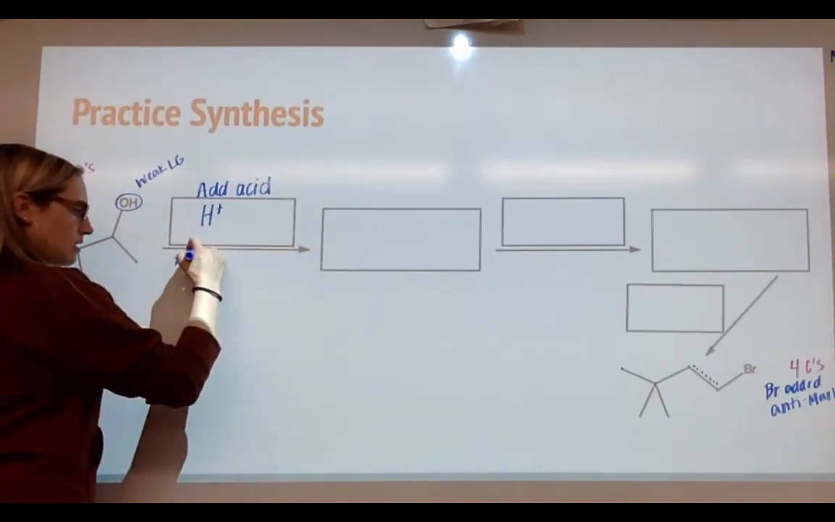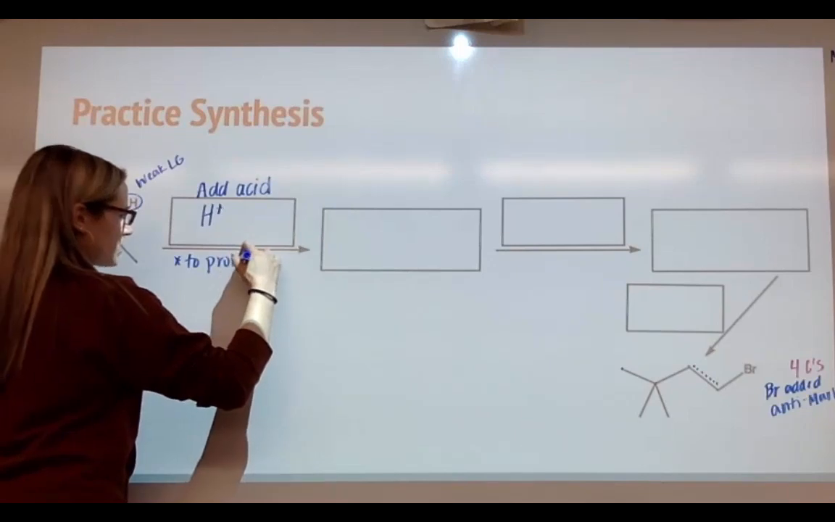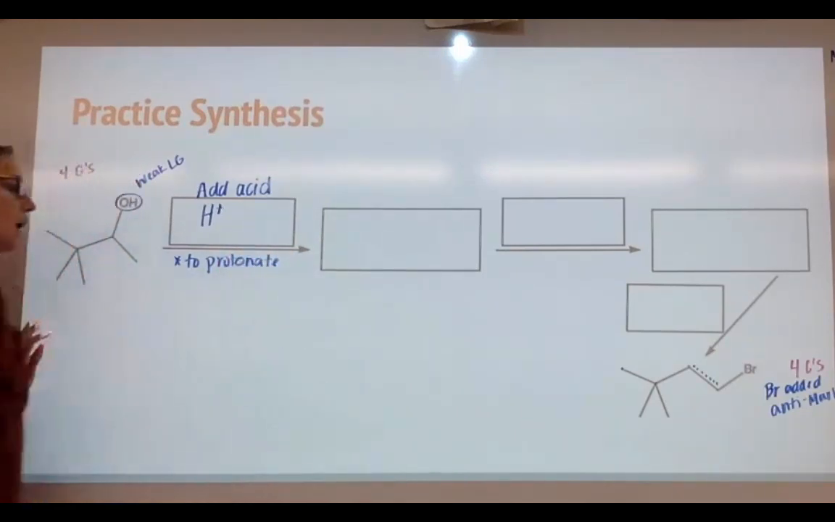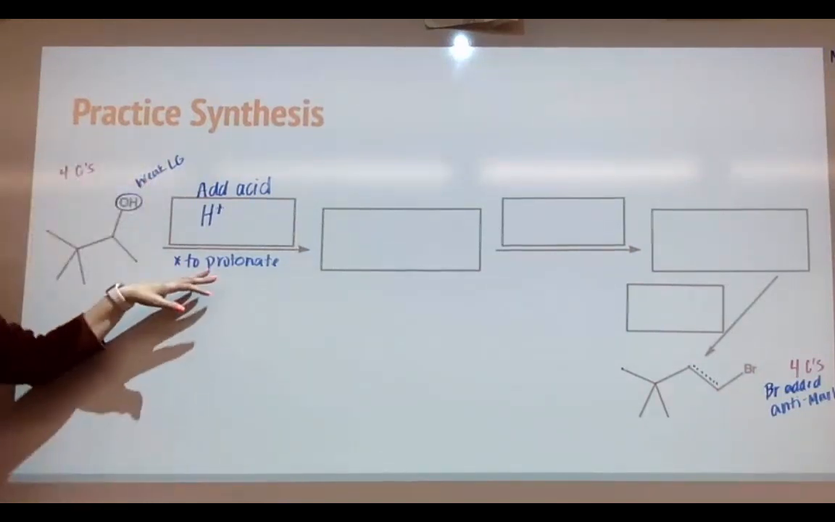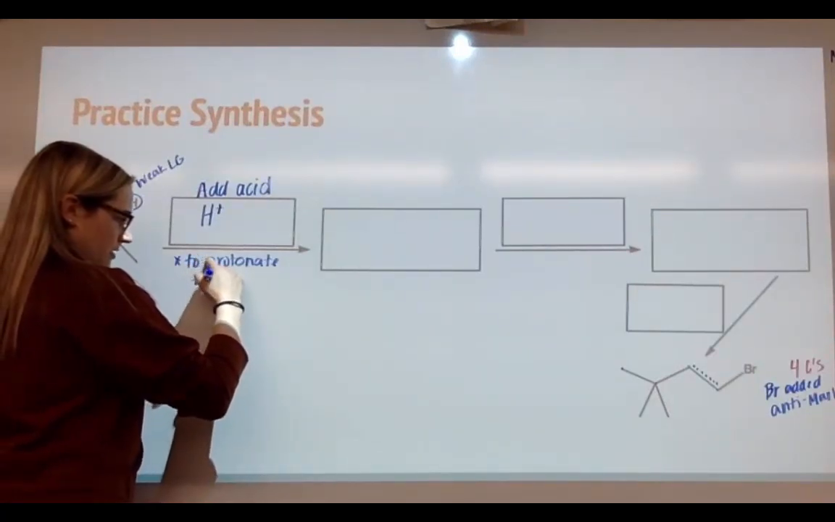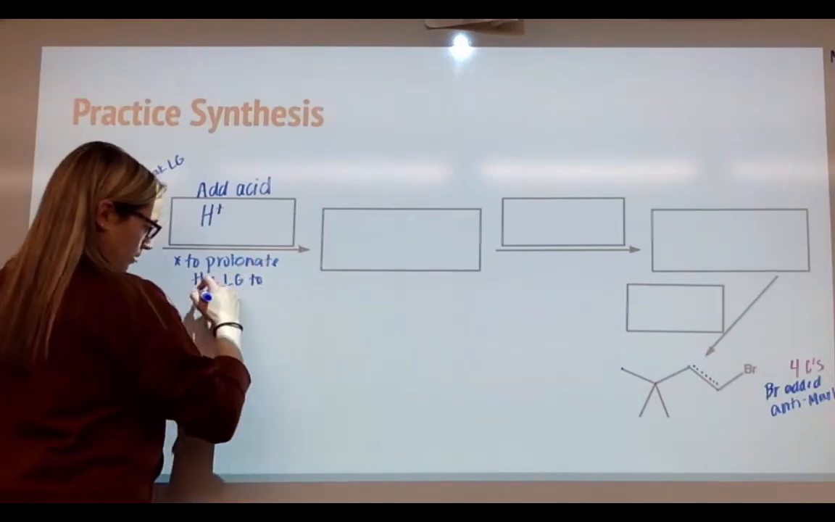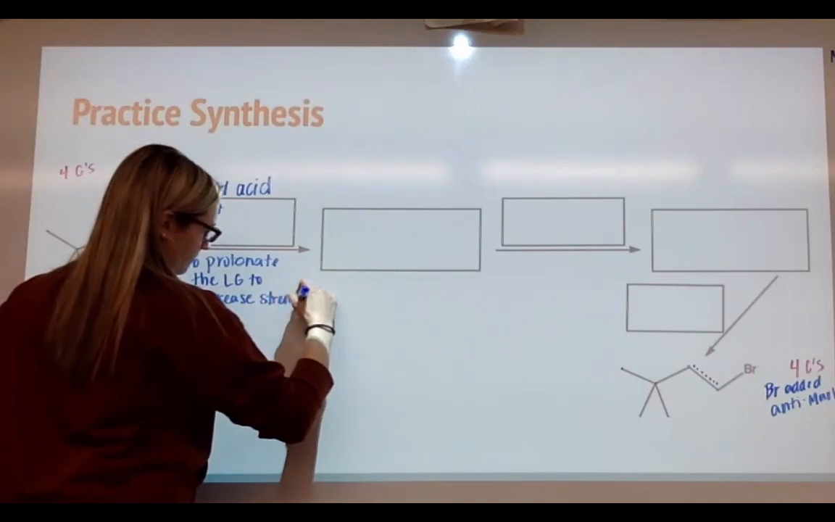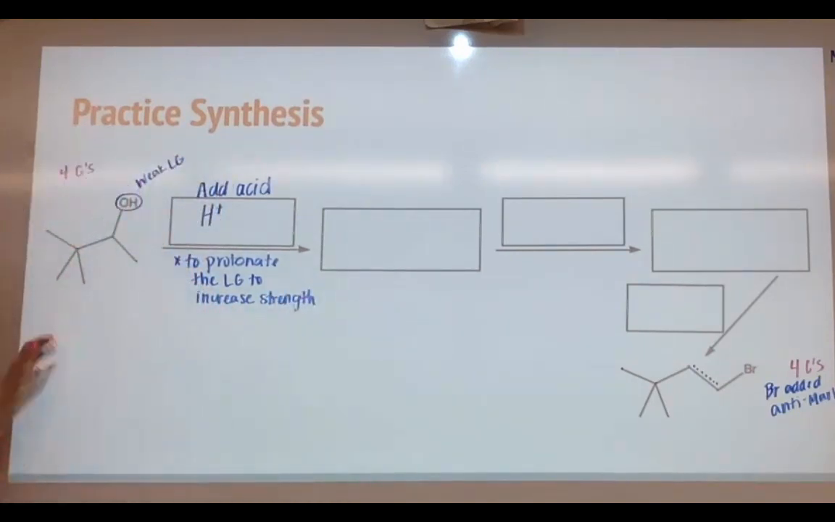You don't have to write all of this when you're doing a synthesis problem, like the add acid or why we're doing it. It's just for this as you're looking through. This is to protonate the leaving group to increase its strength. When I say increase the strength, it's now going to be more likely to leave on its own. So when we add the H+,